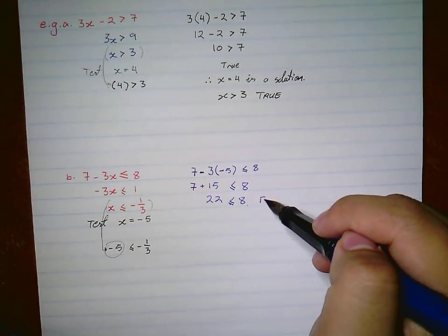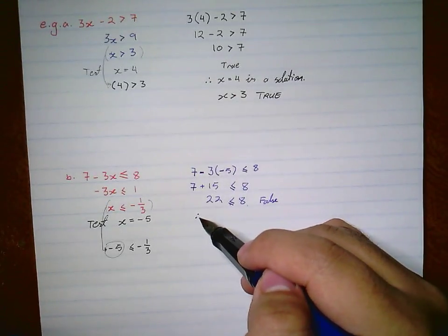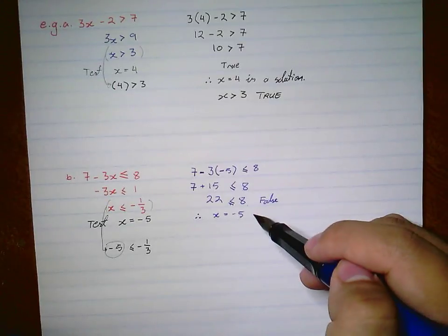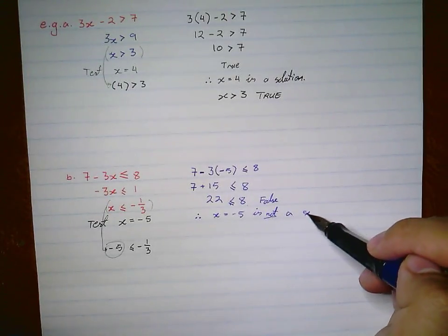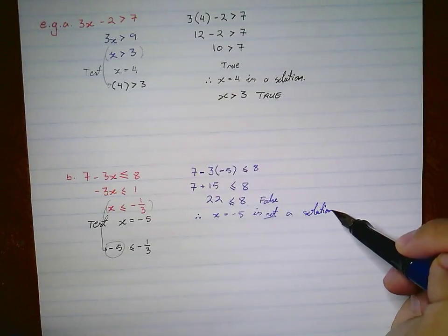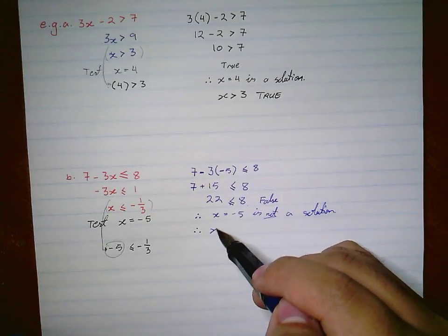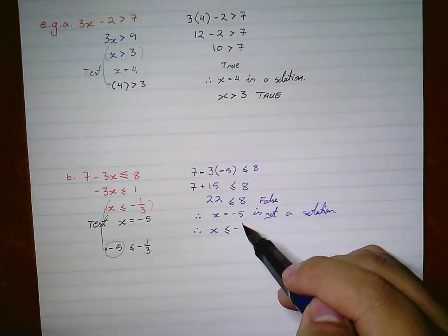This here is false. Therefore, x is equal to negative 5 is not a solution,